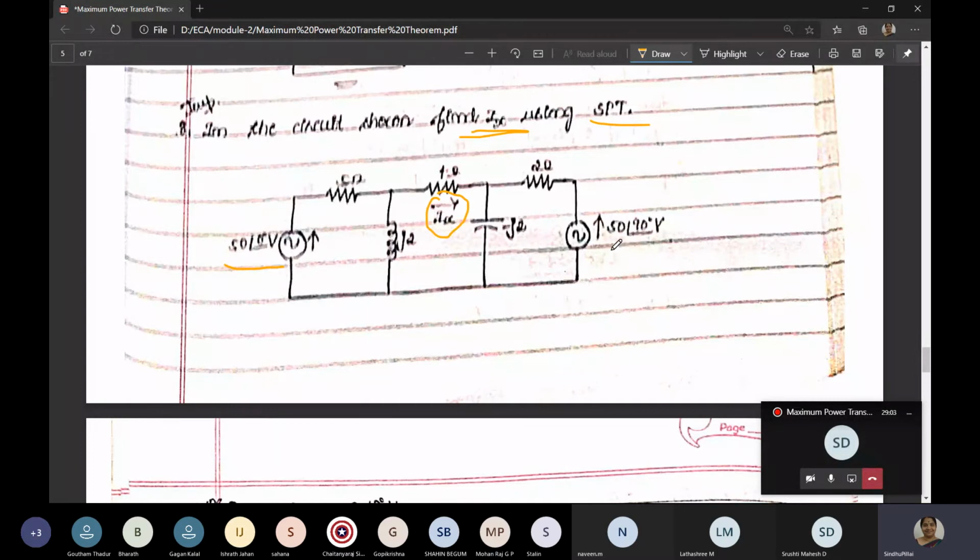So the other voltage source is 50 at an angle 90, that should be shorted. Fine. So when we short, you can go with two methods. After shorting this, we'll have three loops here. You can take the currents as I1, I2 and I3, and apply the mesh equation. When you find out, I2 is nothing but Ix. That will be the current.